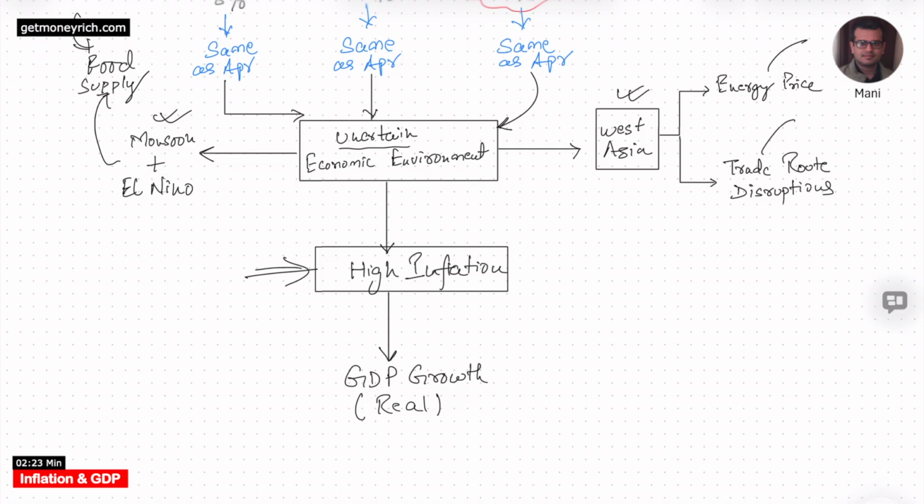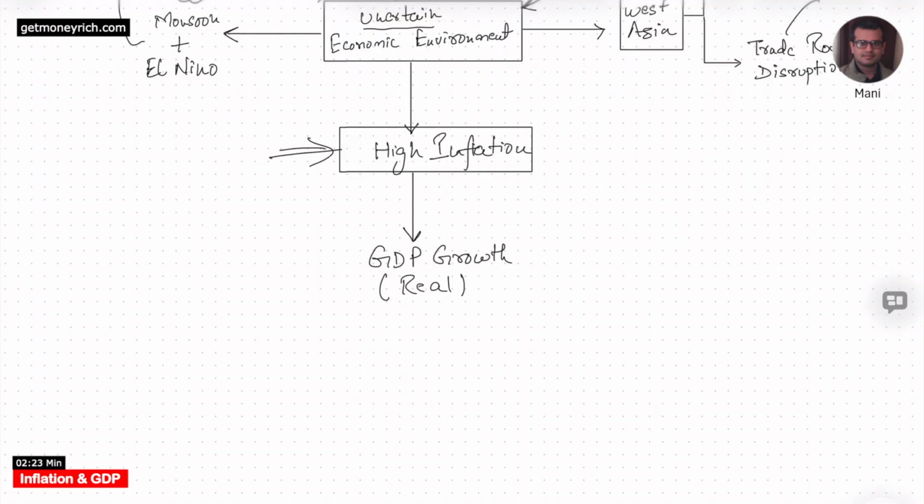So it is very important to keep the inflation rate low so that the real GDP growth rate, the differential between the nominal GDP growth rate and inflation, stays at a high level. If inflation is high, the real GDP growth rate will show a smaller number. So till now we have seen that RBI has mostly kept the same rates as in the April meeting. In the April meeting, the repo rate, the SDF, the MSF, the bank rate, all rates were kept the same. But this is the number where you will see why RBI is concerned, why it is not lowering the interest rate.